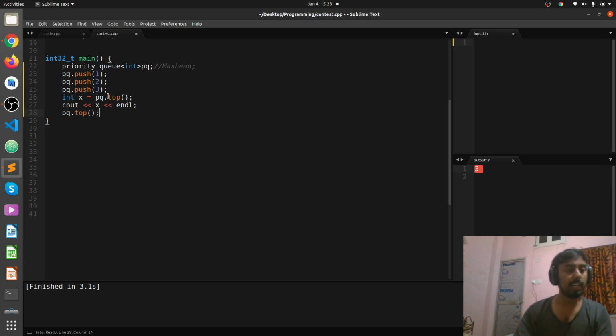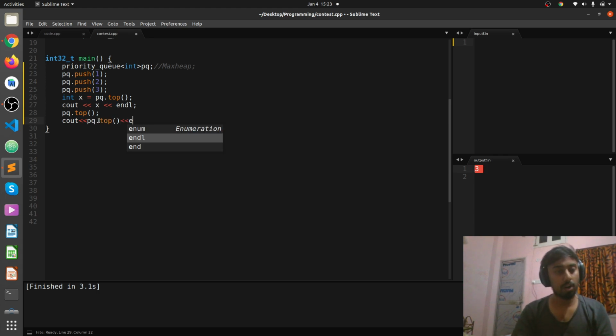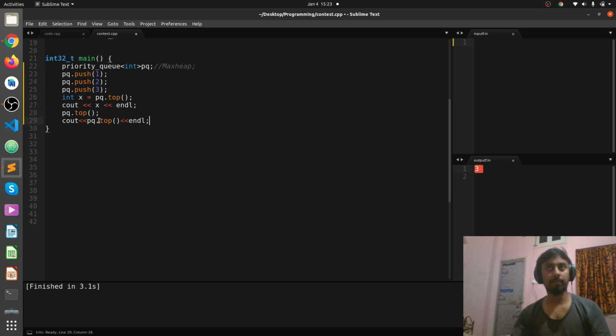We popped the element 3, then the remaining elements are 1 and 2, and out of the remaining elements the maximum is 2. So now we can see that the output we get is 2.